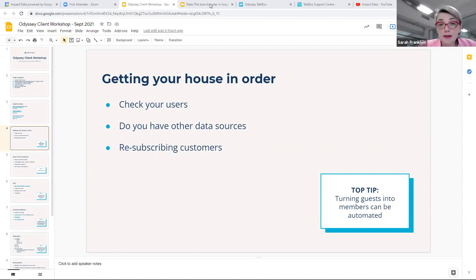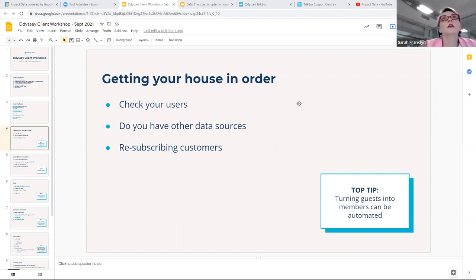We're working with Odessey to improve that, and you'd actually be able to do it in Odessey, which will be a really valuable thing, because from time to time, people accidentally unsubscribe and then they realize that they're missing out on things and they want to resubscribe. So we want to make that process as easy as possible. As I said, I've got some tips throughout, and as I mentioned, turning guests into members can be an automated process, which is incredibly valuable for everyone.